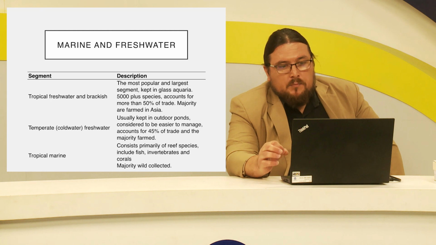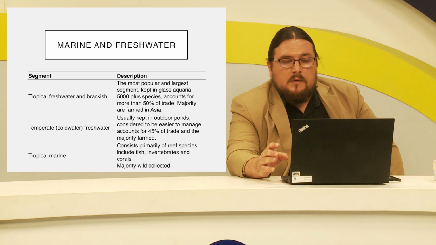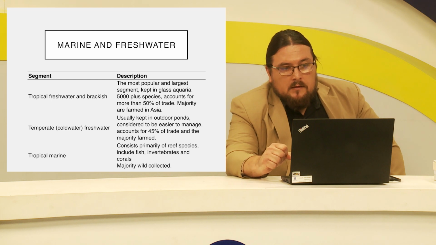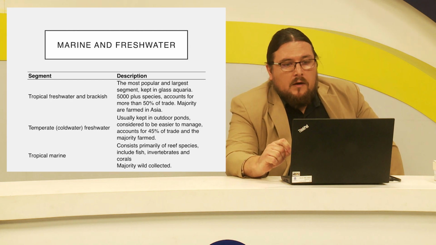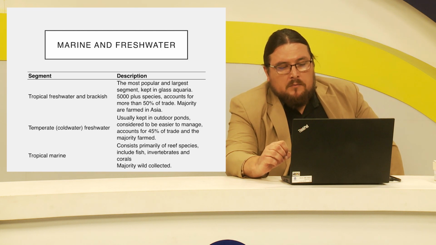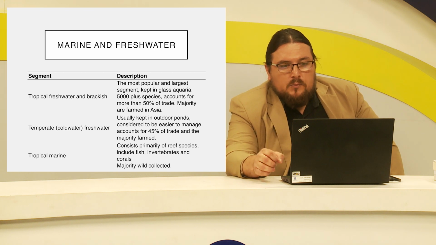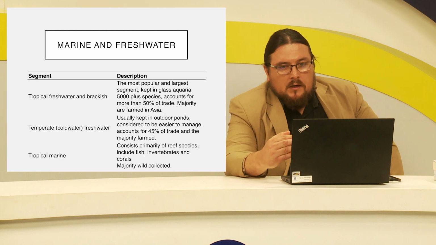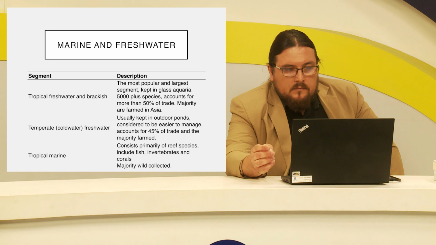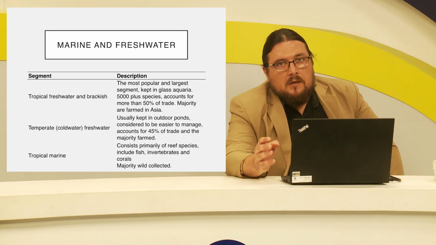So they are especially introduced first in the ornamental trade, then are scientifically described. The majority of these animals, freshwater and brackish, are produced in Asian countries, especially in Southeastern Asia. There are many farms focused on this aquaculture sector, and many of these animals are exported abroad from Asia to other countries. In the case of cold water animals, or you can say temperate animals, they are usually kept in outdoor